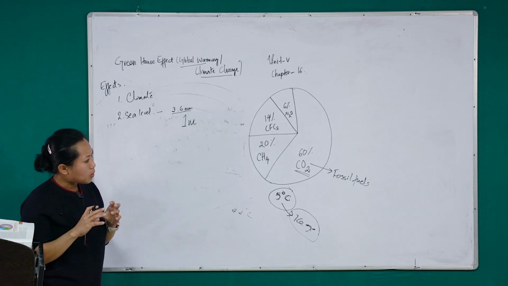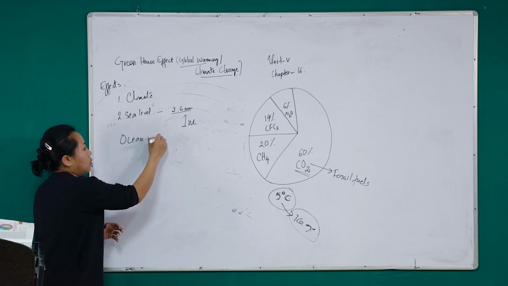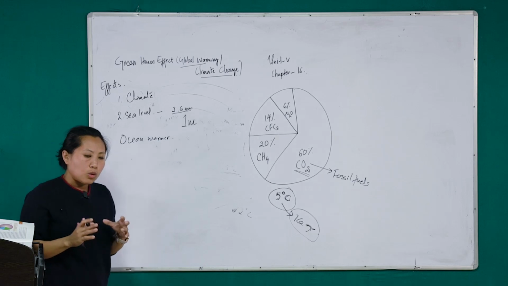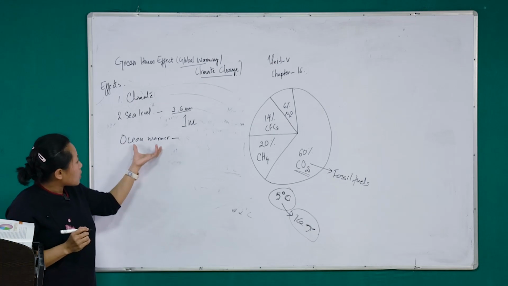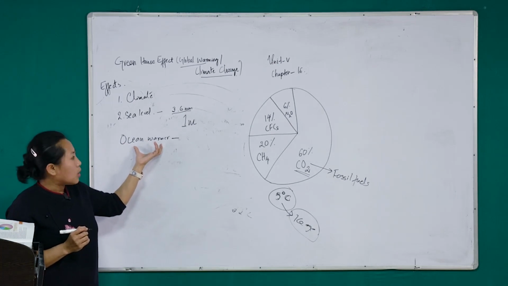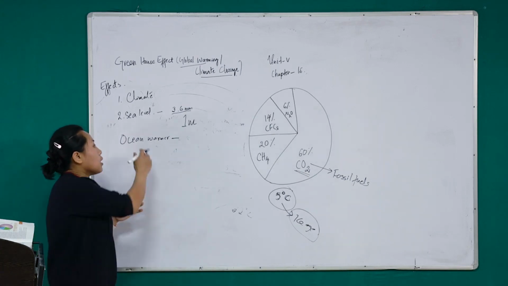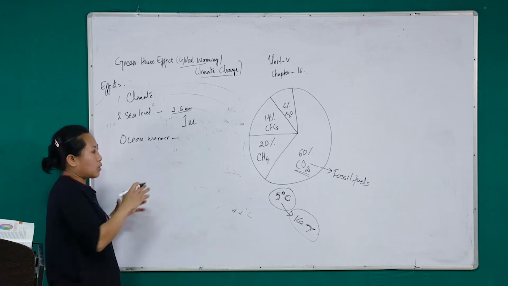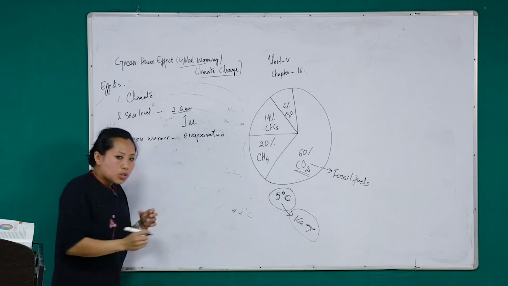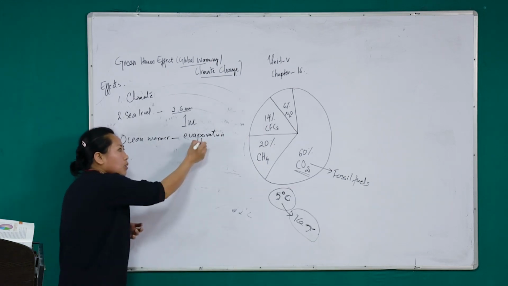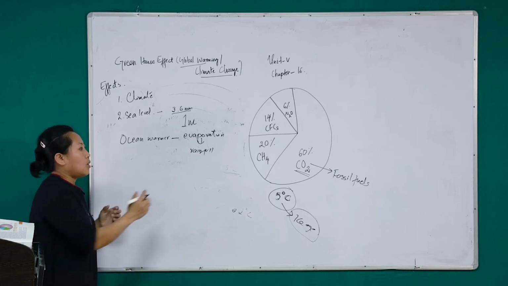And as the temperature of the Earth's surface increases, the ocean also got warmer. The temperature of even the ocean started rising. As the temperature of the ocean rises, it is a threat to the survival of the aquatic ecosystem. And as the temperature rises, there is more evaporation taking place, and if there is more evaporation, then ultimately there will be more rainfall. And if there is heavy rainfall, then there will be